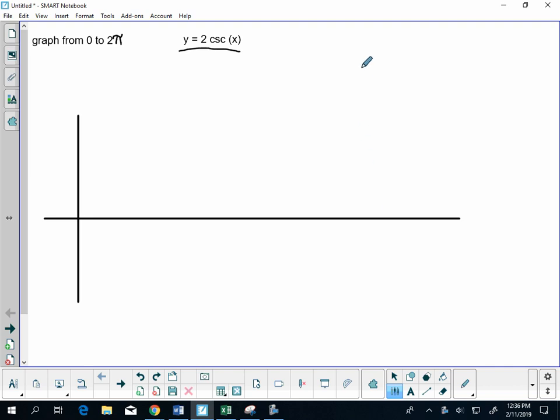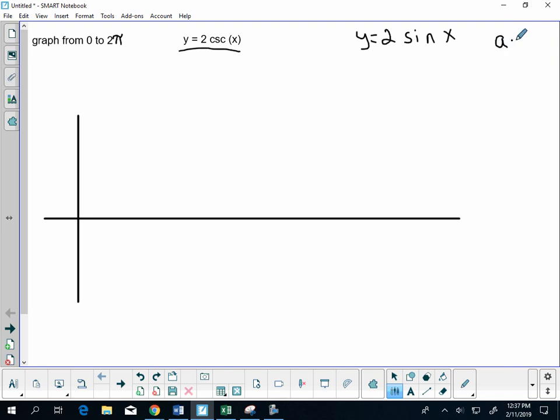First thing I want to do is ask myself, what is its reciprocal function? Because that's what I want to graph. And that is y equals 2, and the reciprocal of cosecant is sine. And remember, theta and x, they're just both variables, so it doesn't really matter which one we use. In this case,